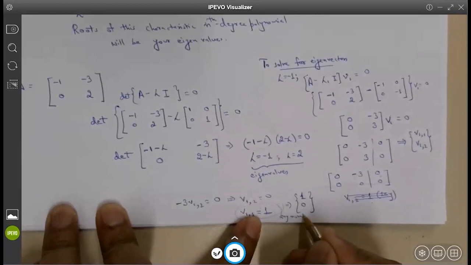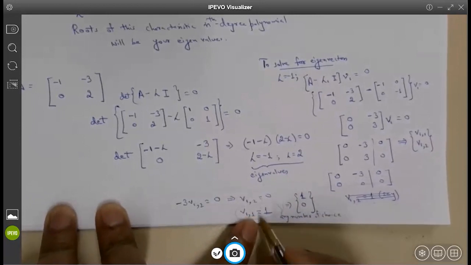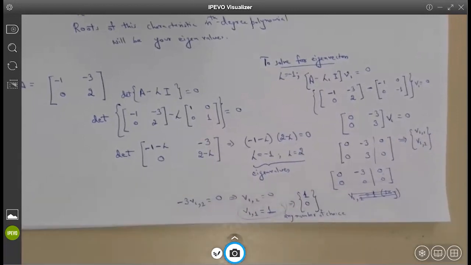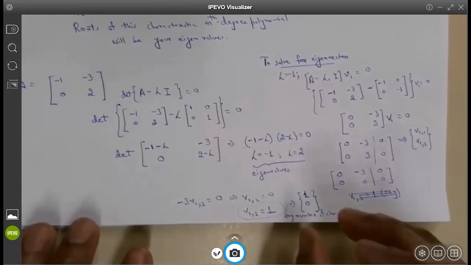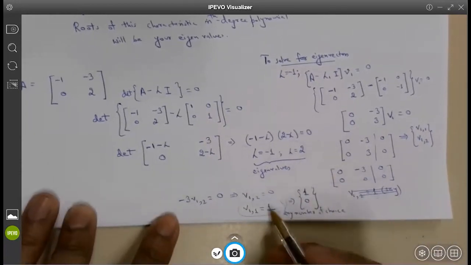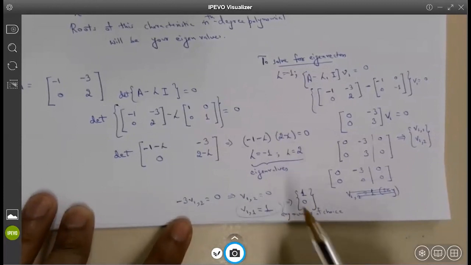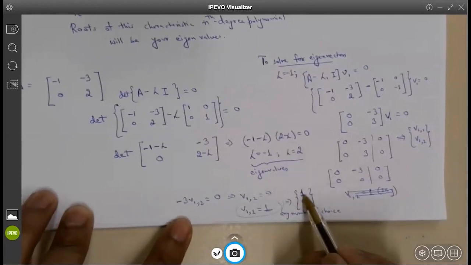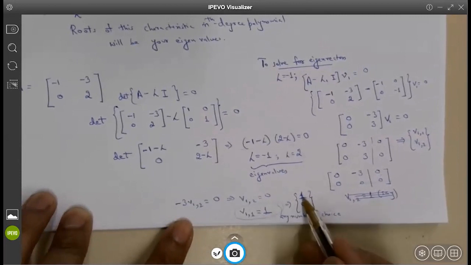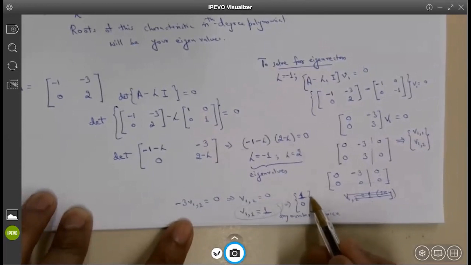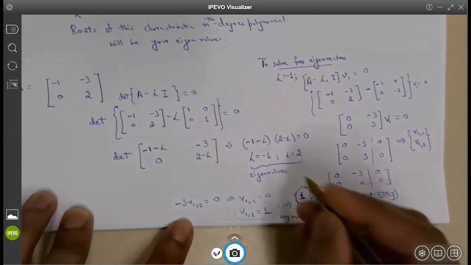And as I have mentioned a while ago, generally speaking, the rule of thumb is that whenever you have a free variable, you select it as 1. That's it. But it need not be 1. It can be any number of your choice. So the eigenvectors always give you the direction. The eigenvectors will never give you the actual magnitude. They're always in relative terms, because one of the variables is free. So this can be any number. It can be 1, 2, 3, 5, -5, -10, whatever number of your choice.